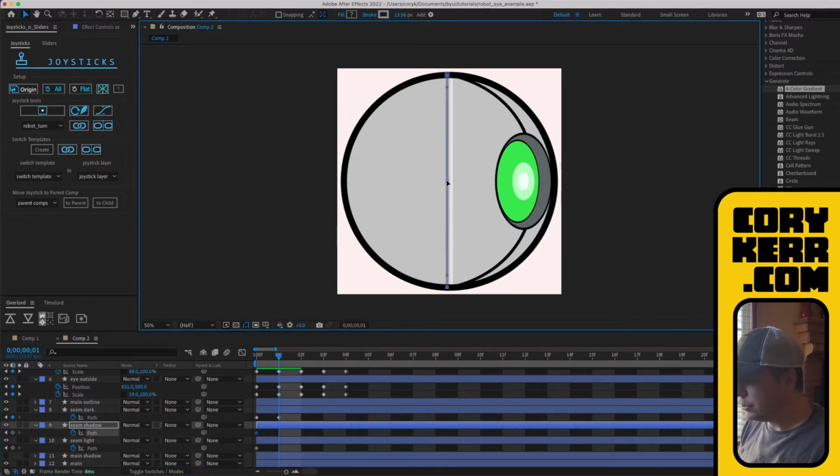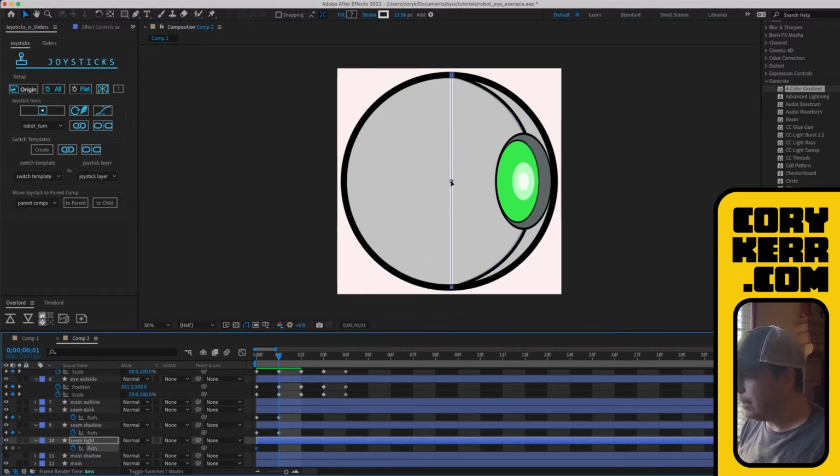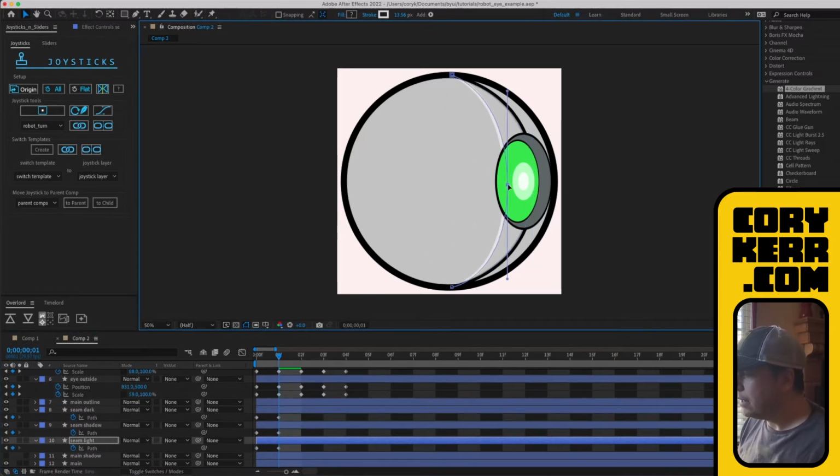Shift click, move that over, and I'm just going to hold that there. Grab the last one and move that over to where I want it, right about there. Then I'm going to do the same thing on the other side.